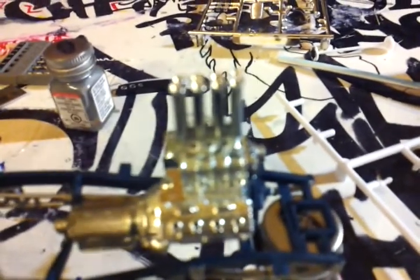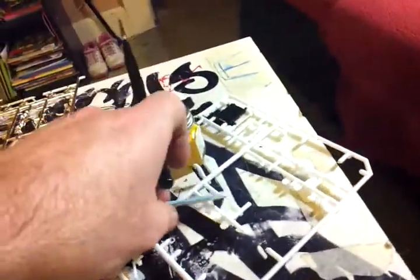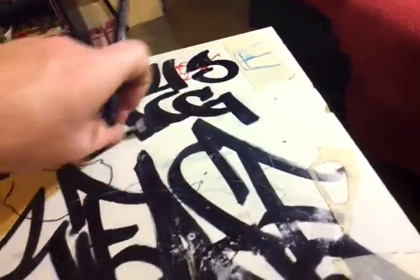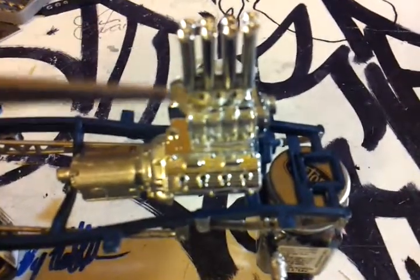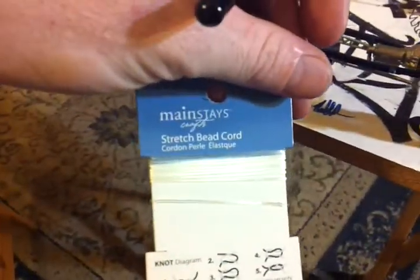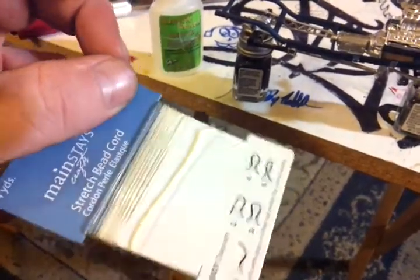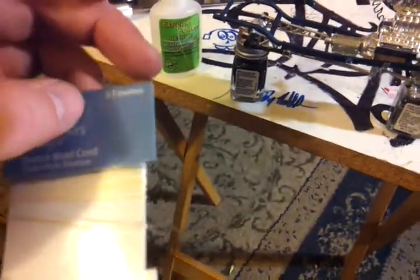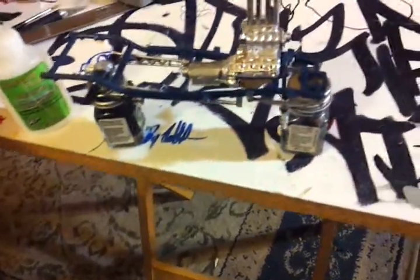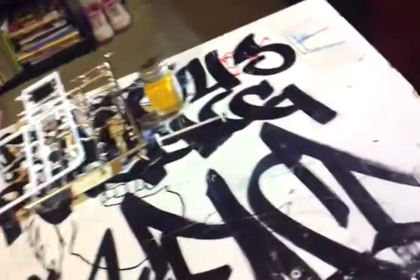So, wow, really? Okay. Get everything out of the way here. There we go. So I've taken some of this stretch bead cord, and this is what I use to wire Cranky Head with, and I wanted to do that again, but I used a different distributor with Cranky Head, so I'm using the stock distributor. So in fact, I have to find my stock distributor now again,